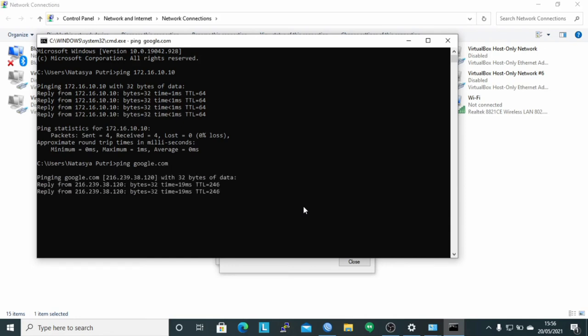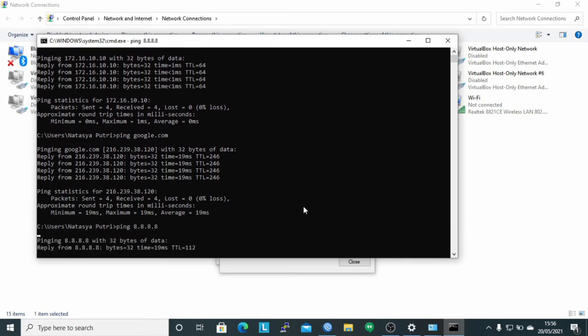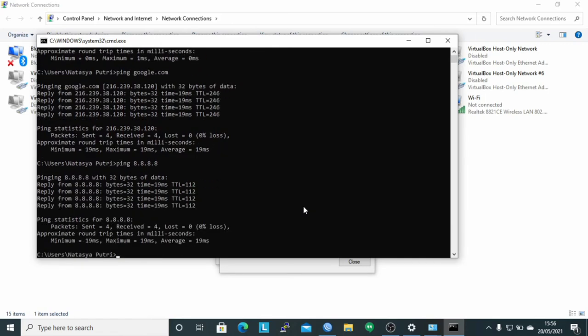It can be seen that the result is reply, namely the client is connected to the router server and connected to the internet using the IP got dynamically.